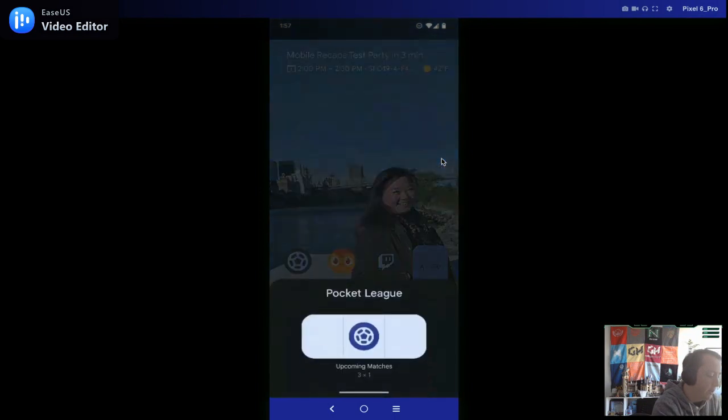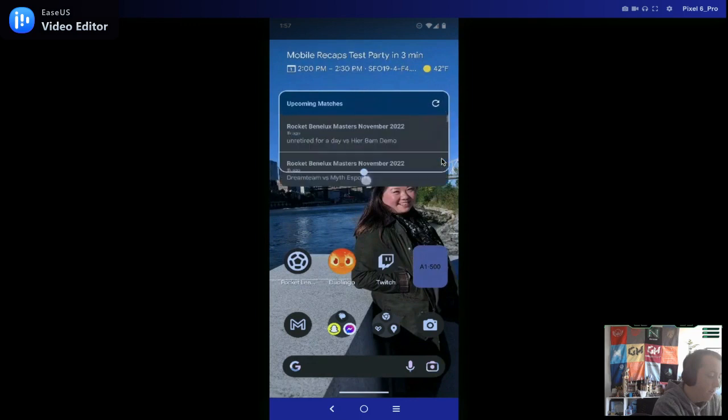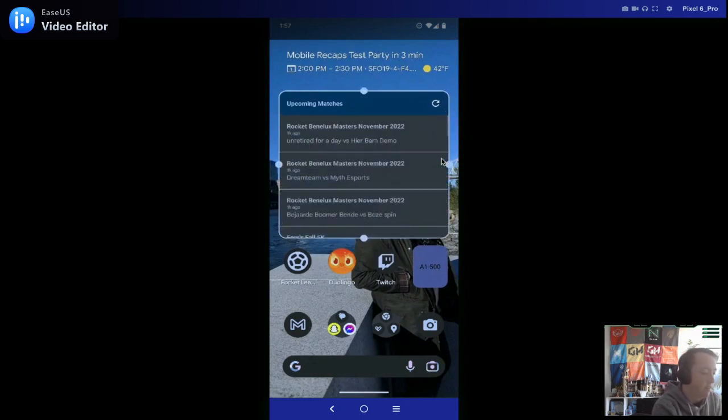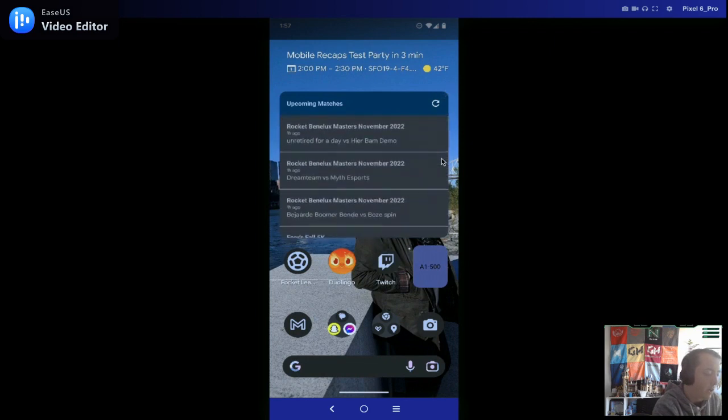And what I think we'll do next time is we can work on actually adding this refresh button and make it do stuff. But beautiful. Look at these upcoming matches. We can scroll through them, and then yeah, we'll work on the refresh capability next time. But we got it. At the very end, we got it. I think we can make it better with this work manager stuff and have it